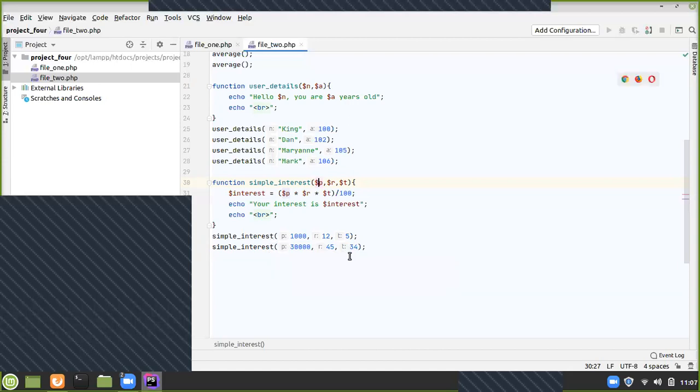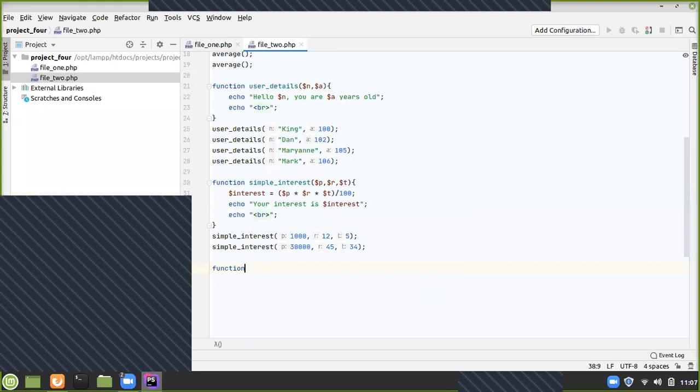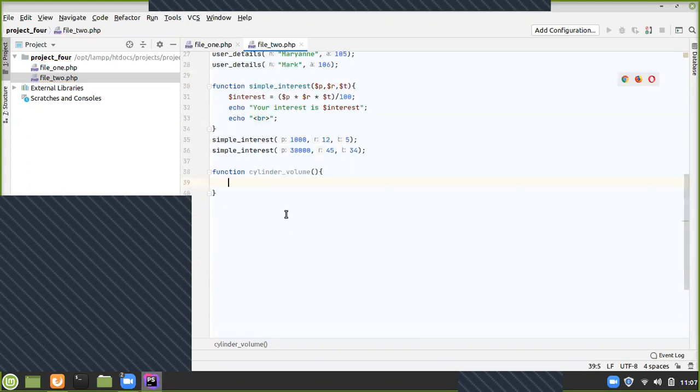So right away we can say something like function cylinder_volume. So for the volume of the cylinder, definitely we are going to require variable radius, then variable h for the height. Then the volume, so we can say variable volume equals